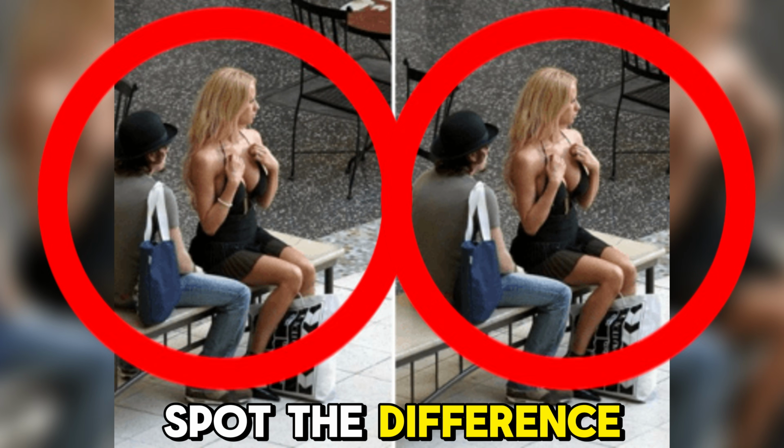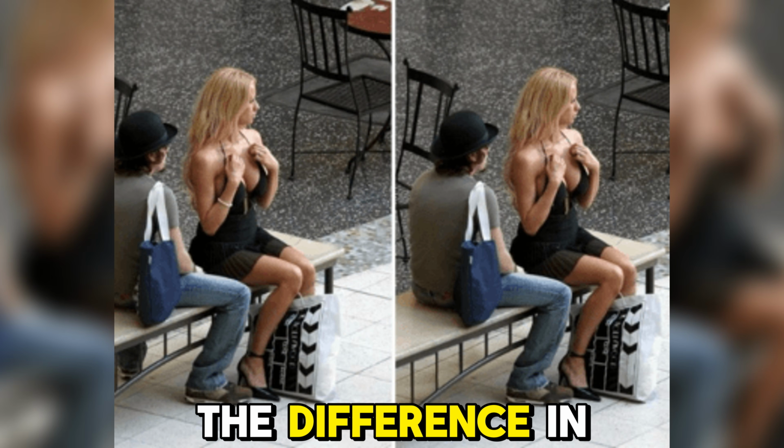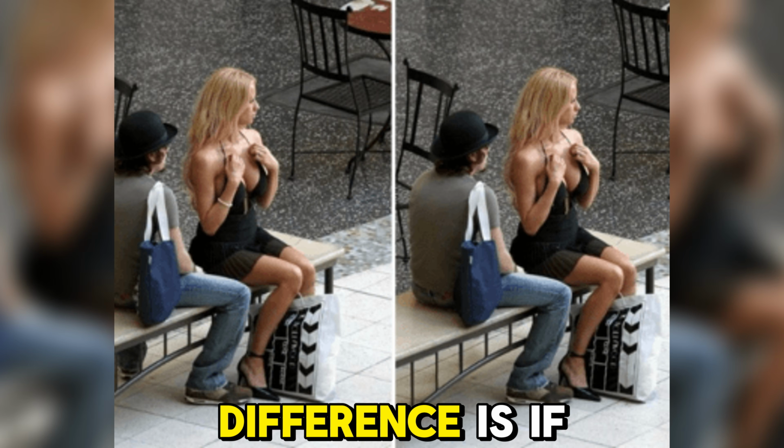Alright, so another spot the difference challenge. I just showed you an easy one, but now let's get into a harder one. Can you spot the difference in this photo? Only a genius can see the difference in between these two. Comment what the difference is if you see it. Good